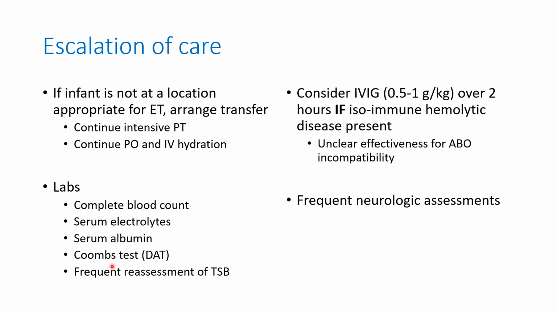You should request all the labs, including electrolytes and serum albumin. Do you remember when we said we measure serum albumin at the escalation of care? And another question: when do we consider IVIG? When Coombs is positive, the answer is no. When you have evidence of hemolysis, ABO or Rh, the answer is no. The only condition you start IVIG is when you are at the escalation of care,